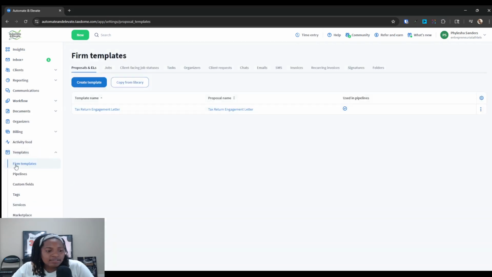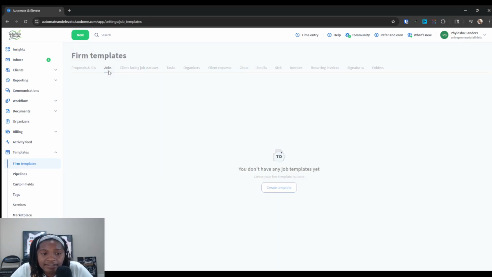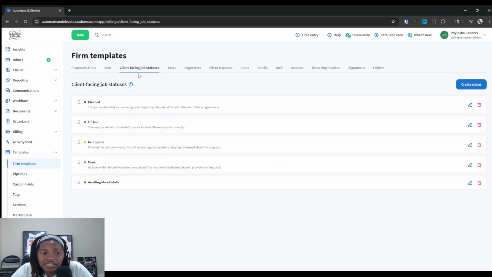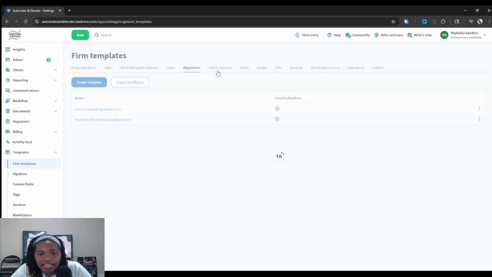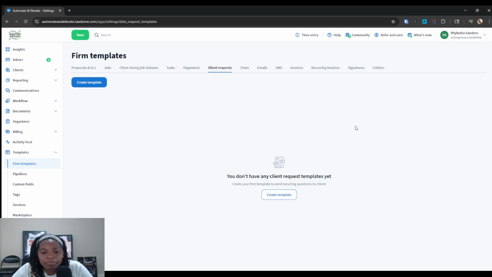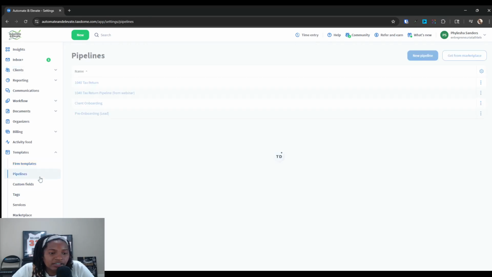Tax templates. Okay, so templates are like a template that will be sent out to your client. And firm templates are highly used within your pipelines. Okay. So you might have a standard engagement letter that gets sent out to your clients. A job, you might have standard client facing statuses, tasks, organizers, and so forth. Okay. These are all templates that you can see here. We have template